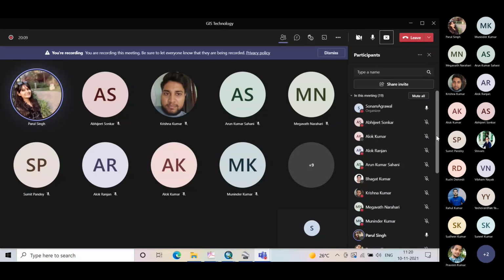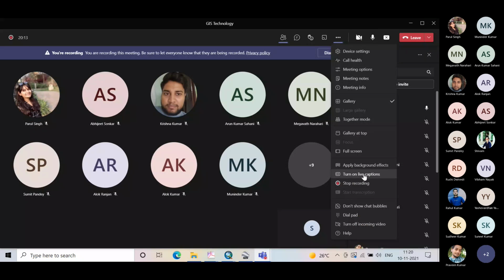ओके ओके पारुल, करेक्ट। मैं पहले तो रिकॉर्डिंग स्टॉप करती हूँ।